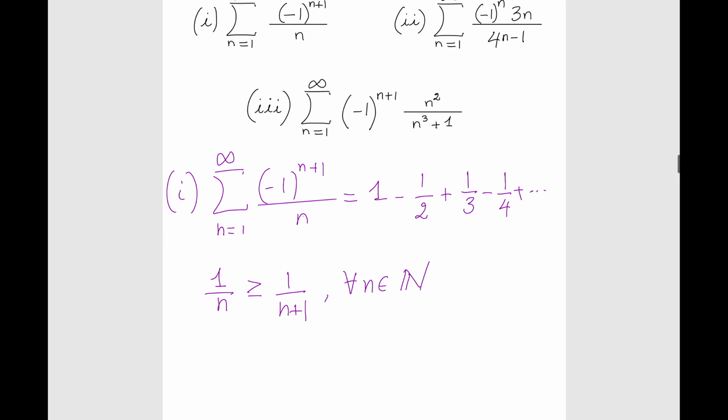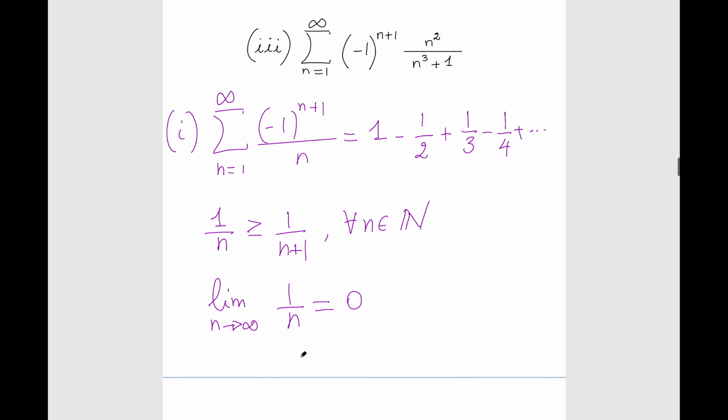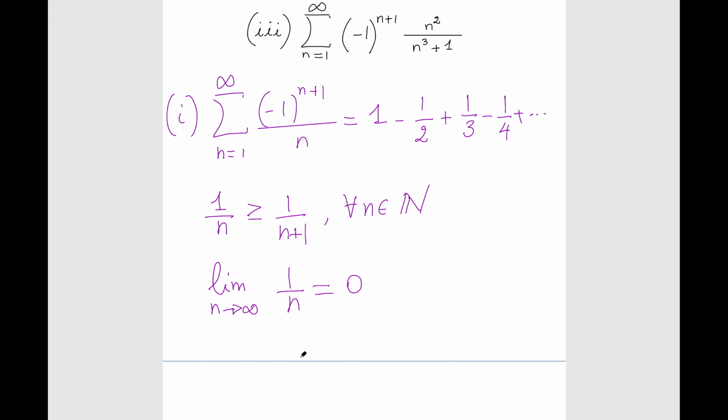So condition 1 of the alternating series test is verified. And in addition, the limit as n goes to infinity of 1 over n, the a_n, goes to 0. So by the alternating series test,